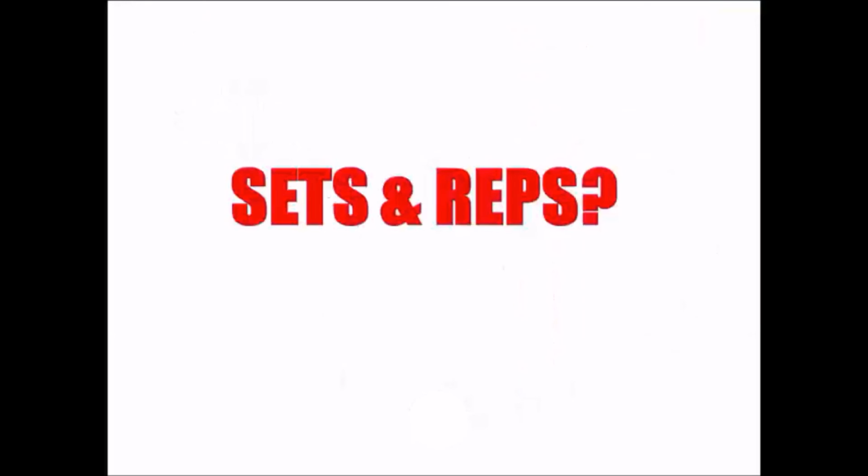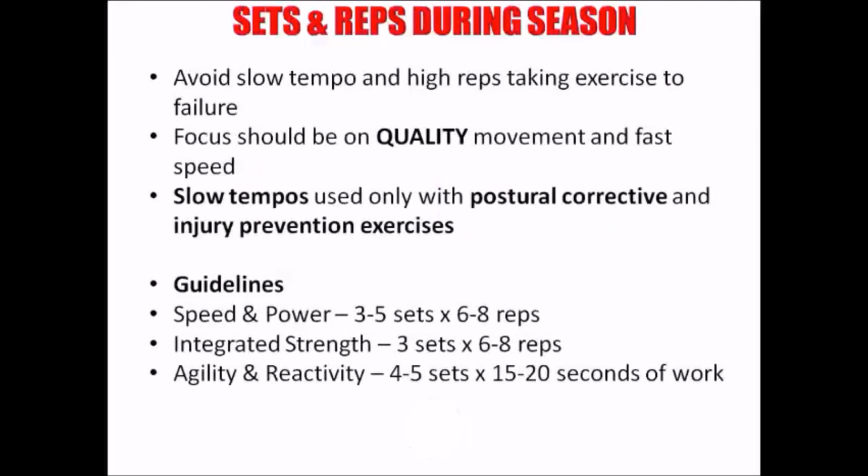What about sets and reps? Well, sets and reps, usually I avoid slow tempos and high reps, and definitely don't take things to failure. The focus is really on trying to have a top quality movement, rather than just trying to hammer you. You'll get enough of that from the game. You want to be keeping your best for the game days, not using it all in the gym. All right, so slow tempos are used with postural correction and injury prevention exercises,